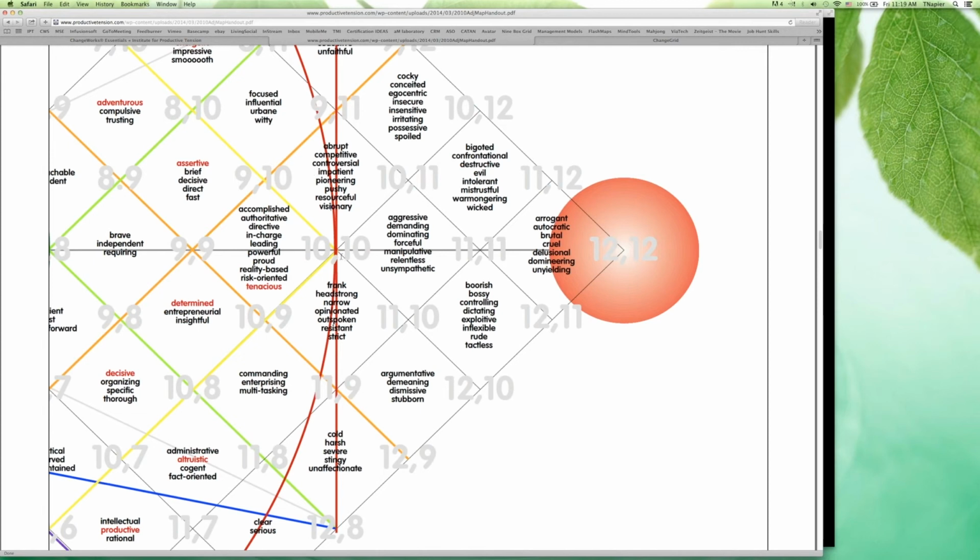Now, it's also possible that you're leaning down grid, leaning towards the analytical energy, in which case the adjectives become frank, headstrong, narrow, opinionated, outspoken, resistant, and strict. Not really thinking those would serve us well. So, boy, I'm hoping he's leaning on the in grid side of things.